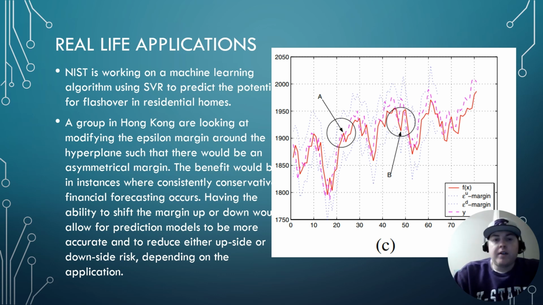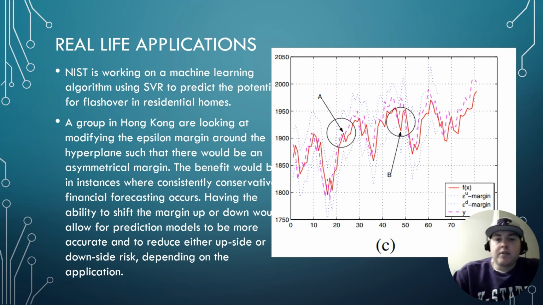The benefit of being able to create that asymmetrical margin would be instances where there's consistently conservative financial forecasting. So having the ability to shift your margin up or down, or basically prioritize data that is higher or lower than the prediction models, will allow you to reduce either upside or downside risk